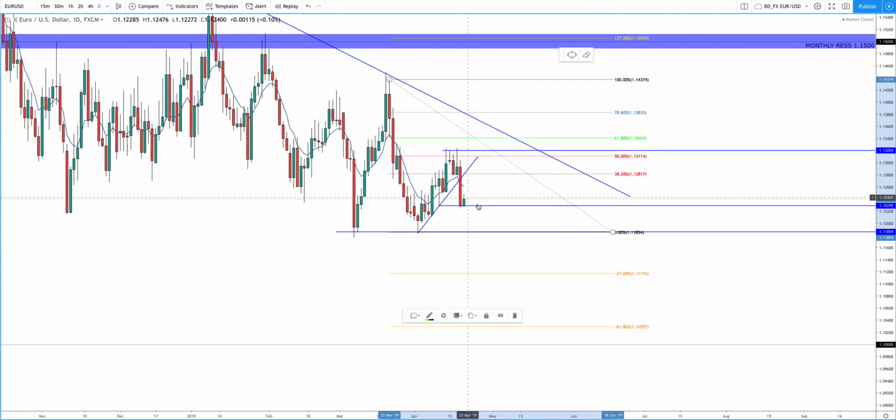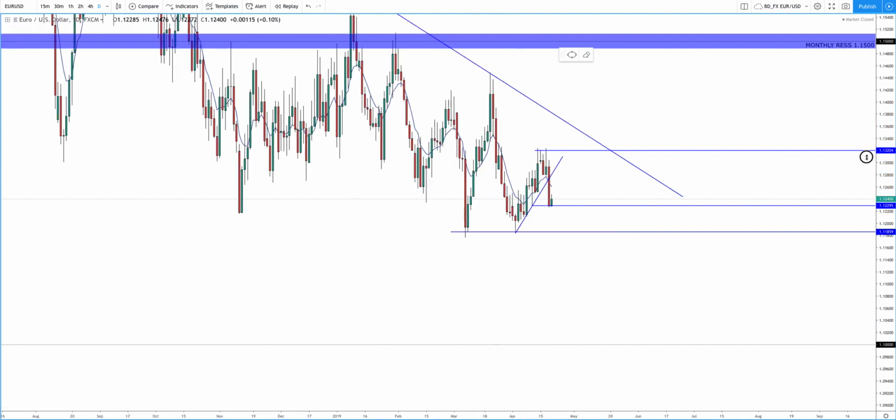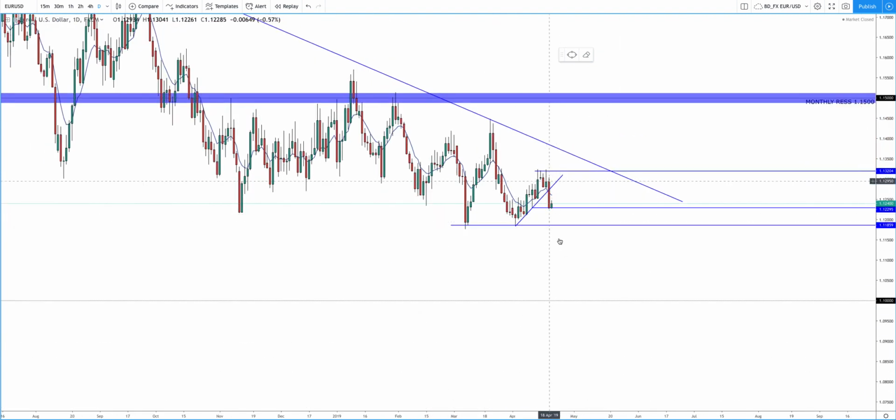If we can continue to break through the support and then come down and break this very important support down here, then we could come a lot lower, all the way down to these levels, down at 1.1120 and 1.1030 in the long term. But what I am very interested in here is I can see this happening and Euro US dollar coming a